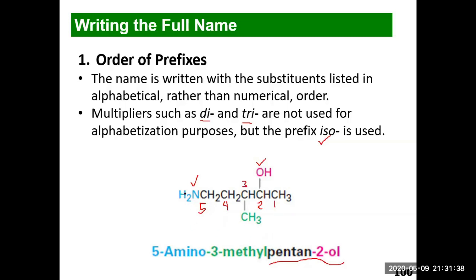Now we have the NH2 group connected to carbon number 5. So this will be 5-amino. And remember that at carbon number 3, we have a methyl group. So the final name for the molecule is 5-amino-3-methylpentan-2-ol. Again, please remember that the substituents must be arranged in alphabetical order, and do not forget to write the locants of the